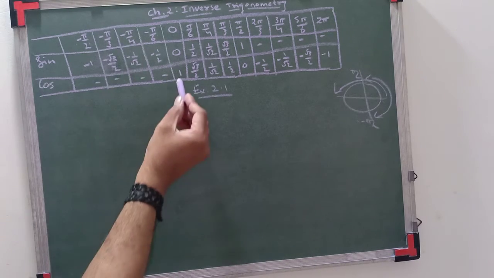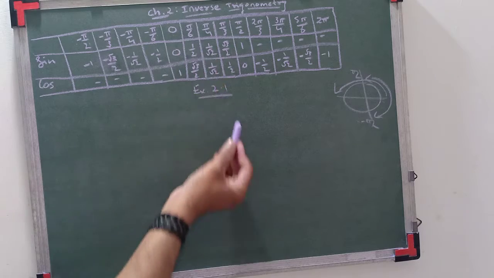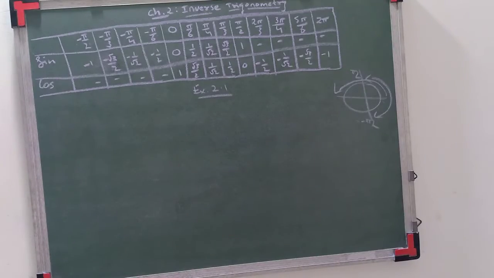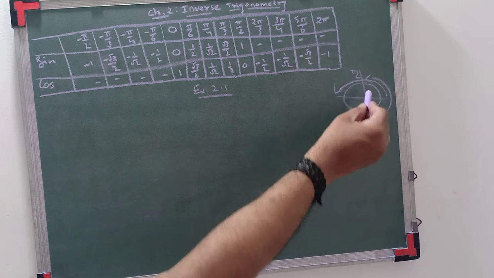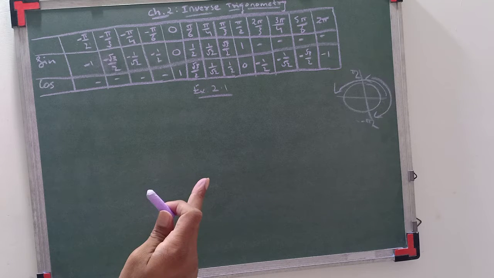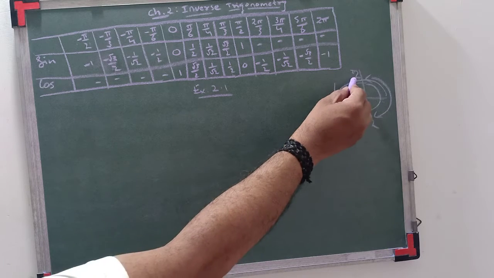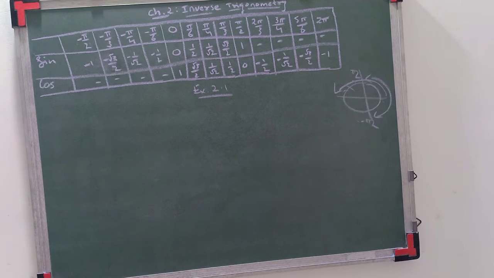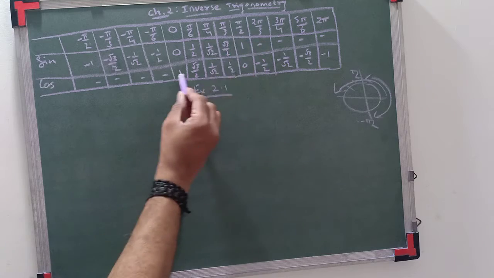Now for cos, this already you know, cos 0 is 1, cos pi by 6 is root 3 by 2, cos pi by 4 is 1 by root 2, cos pi by 3 is 1 by 2, cos pi by 2 is 0. Now we will proceed in second quadrant. When we move to second quadrant, after 90 you will get what? 2 pi by 3. 2 pi by 3 means what? 120. Pi means 180, divided by 3, 60, so 120. Then 2 pi by 3, then 3 pi by 4, then 5 pi by 6 and pi.